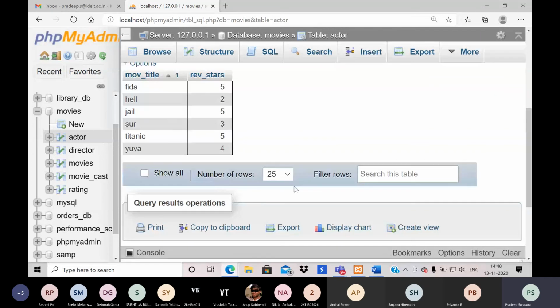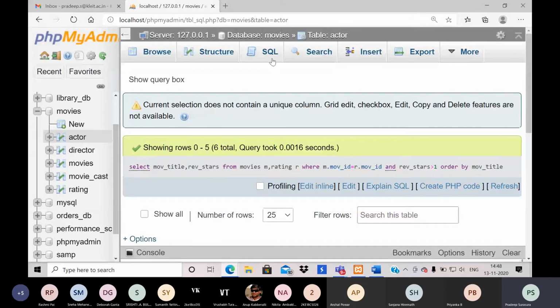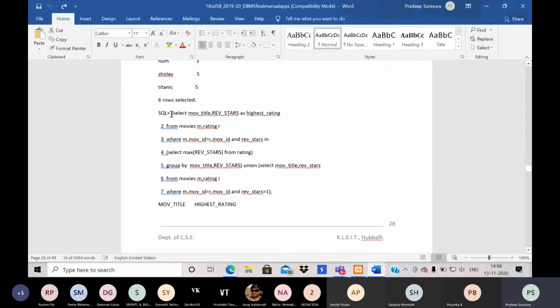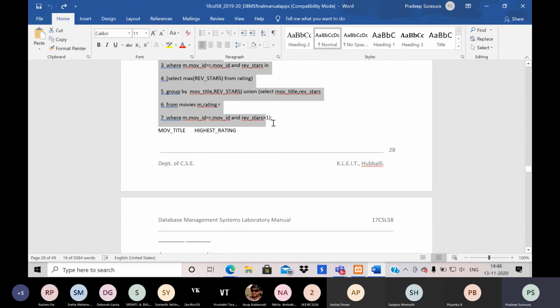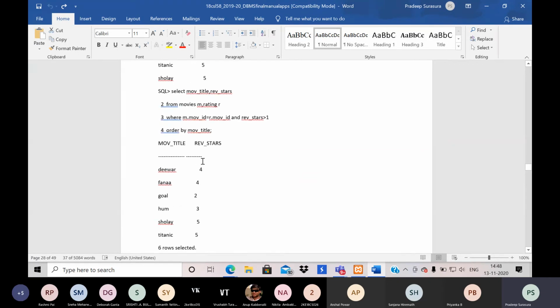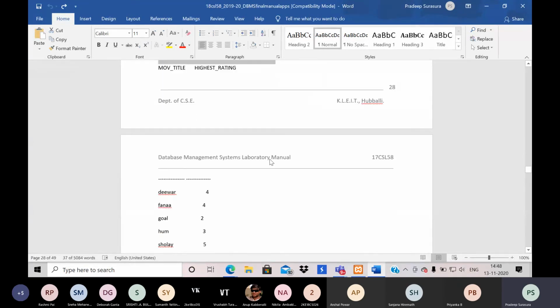Okay, greater than 1 rating. All movies are greater than rating 1. So obviously all movies list will come. Okay, so finally I have one movie with highest rating. This movie with highest rating.